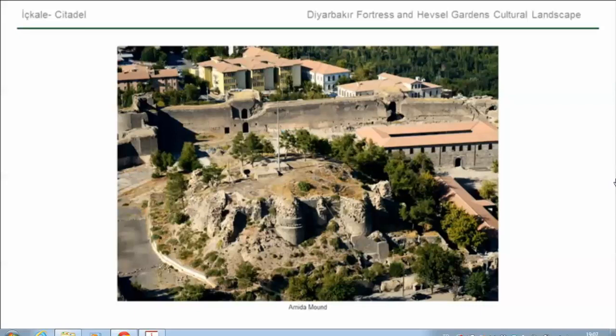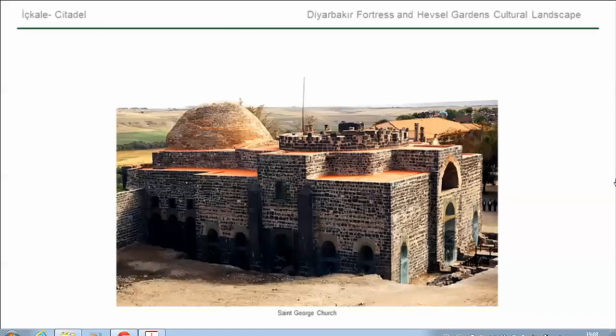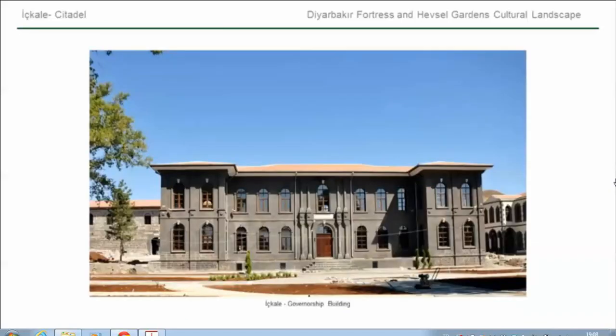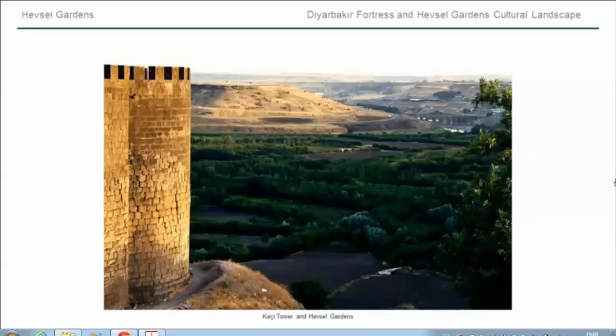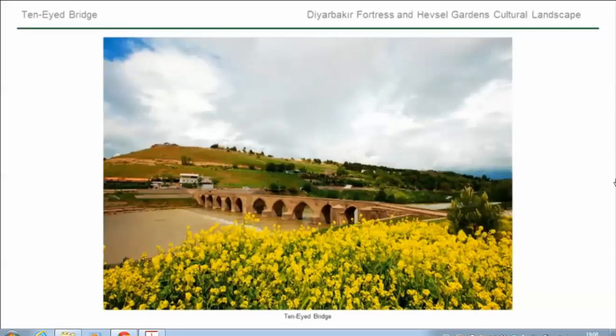ICOMOS considers that exceptional care and attention to detail is required, as the stones are an extraordinary witness to the history of this region. Though there is management of the property, it is not well coordinated with management of the buffer zone property. The Hevsel Gardens is made vulnerable by settlements and business establishments that divert water upstream. The bed of the Tigris River is today reduced because of the dams that divert water. Addressing this matter is important, especially taking into account the contribution of the hydraulic and agricultural systems to the history